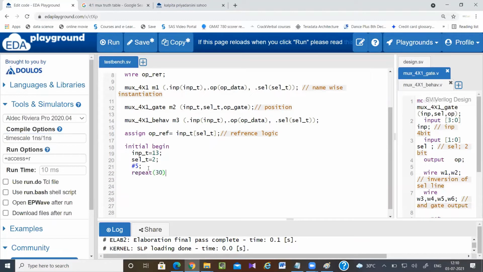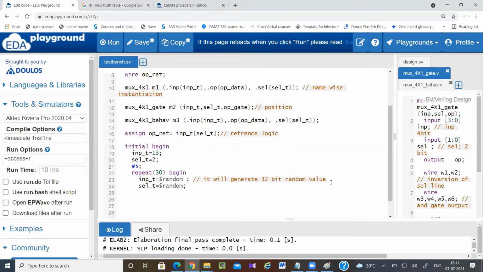Repeat 30 times, begin, input T equal to $random. $random will generate a 32-bit random value. In the 32-bit I just need 4 bits, so 0 to 15, any random value it will generate. Then select T equal to $random.